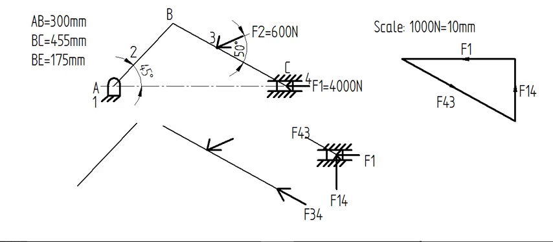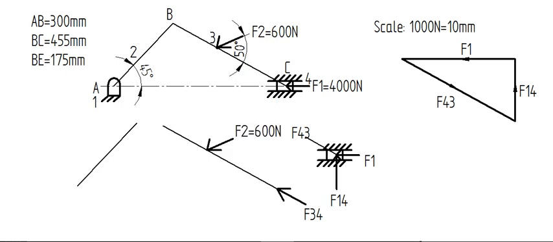Okay, so once I get this, it will be nothing but the same value of F43 but in the opposite direction. Okay, so this I have got. Next, I will draw a force polygon for the third link here. So one more force here is F2. Okay, so F2 is here.